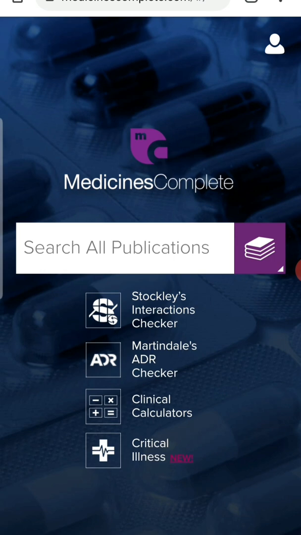Let me now show you how the ADR checker works. Commonly in the drug information centers, these Pharm D students will be giving some advice to patients. Generally, if a patient comes with a pack of tablets and asks a Pharm D student what the side effects are if I take these, right?